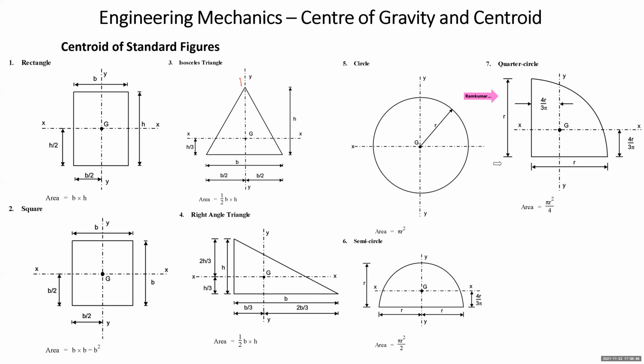You will split that into simple figures like this: rectangle, triangle, circle, semicircle, etc. You'll mark the centroid of each component based on the understanding we have generated now. Then you'll apply the formula to find x bar, the x coordinate of the centroid of that area: a1 x1 plus a2 x2 plus a3 x3 divided by a1 plus a2 plus a3, and similarly y bar will be summation ay upon summation a.